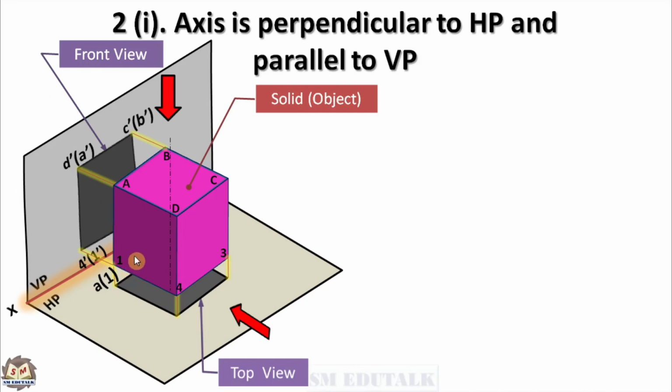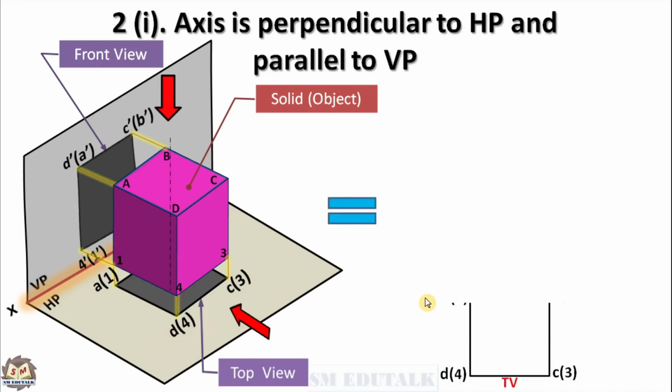Similarly, the name of the square's top right corner should be written as B bracket 2 because here B is a visible point and 2 is an invisible point. In this pictorial representation, you are not able to see this. Next, the name of the square's bottom right corner should be written as C bracket 3. Finally, the name of the square's bottom left corner should be written as D bracket 4. Now, we have got the front view in VP and top view in HP. It should be brought to the drawing sheet like this.